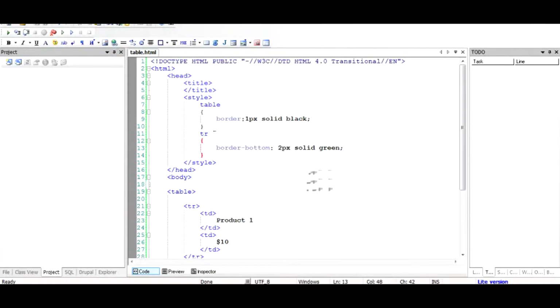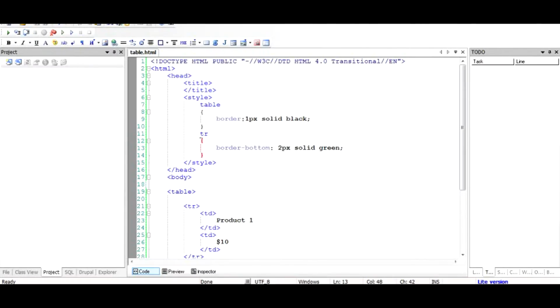Run this file once again. As you can see, there's some problem with it. I cannot give a border to the row because tr is not recognized by the system as a valid HTML tag for the CSS. So what I can do is replace tr by td,